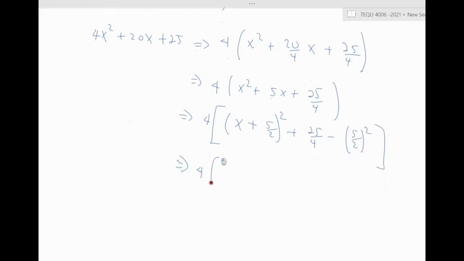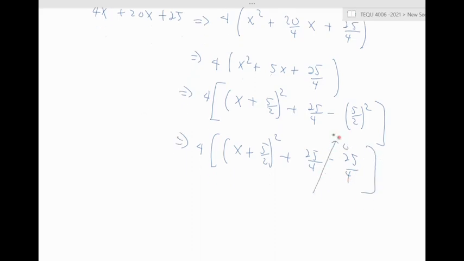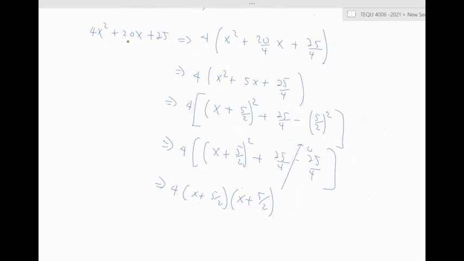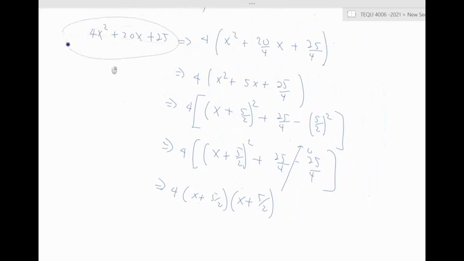And we solve for the end of this. That would be 4, bracket, parenthesis. This part will stay, but this part needs the math. That would be 25 over 4 minus 5 squared, that would be 25 over 4. This example also ends up being 0 here. But the final result for this example is 4, x plus 5 over 2, squared. I can leave it like that, or simplify over 2 if you want to. So these are the steps for solving this problem. The final result of our problem when we complete the square